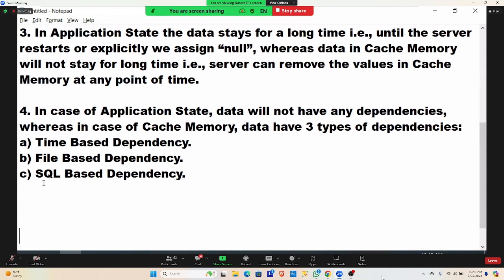Okay, now second option, file-based. What is this file-based? I loaded some data from a file into my cache memory. If the file is not being modified, then the cache also doesn't require modification. But if the file is modified, say after 10 minutes,